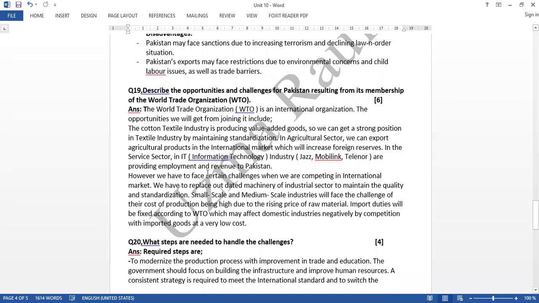However, we have to face certain challenges when we are competing in the international market. We have to replace outdated machinery of the industrial sector to maintain the quality and standardization. Small scale and medium scale industries will face the challenge of their